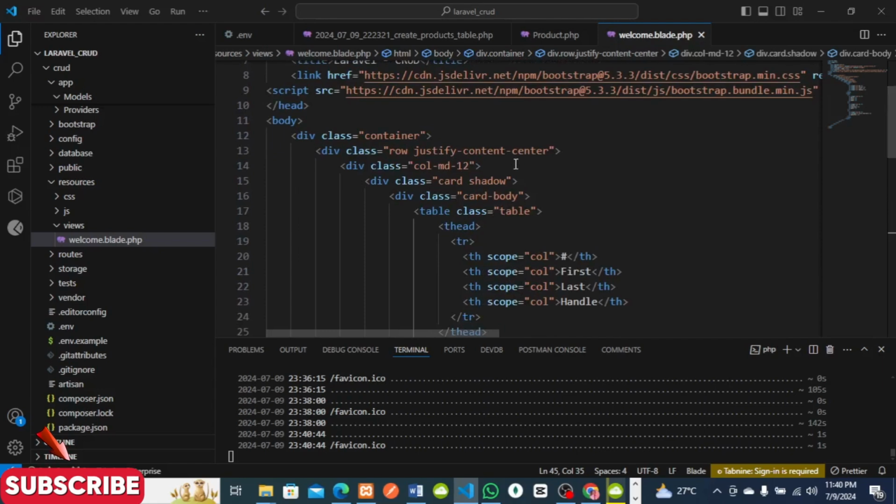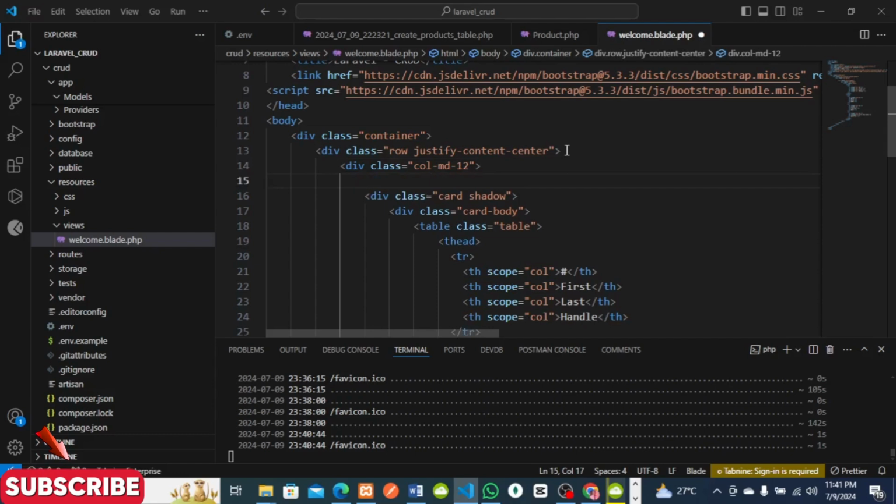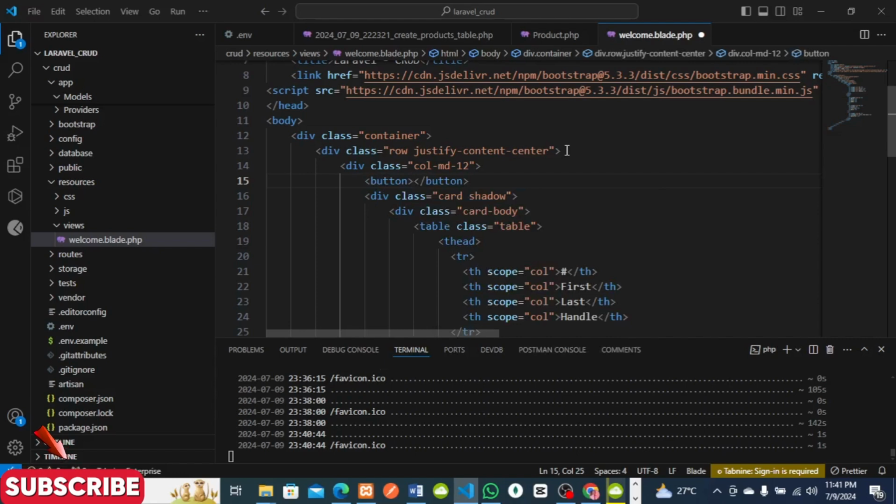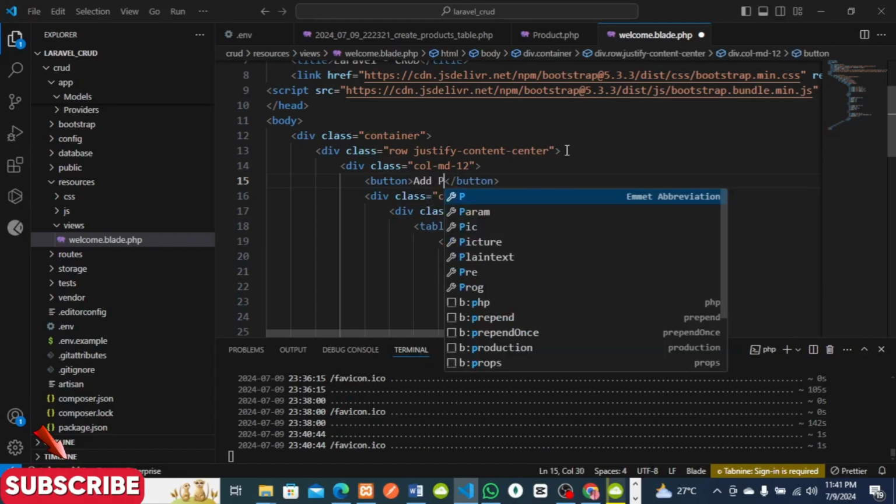So yeah, we come here. Let me put a button somewhere here precisely. Call this a button. I'll make it a modal button. So I'll say add products,